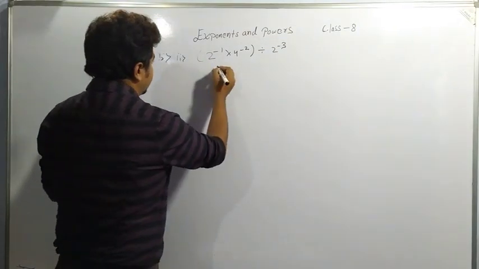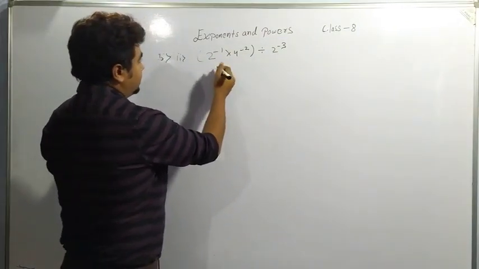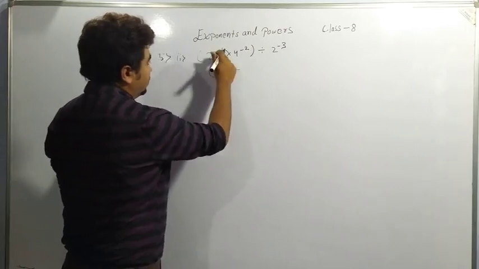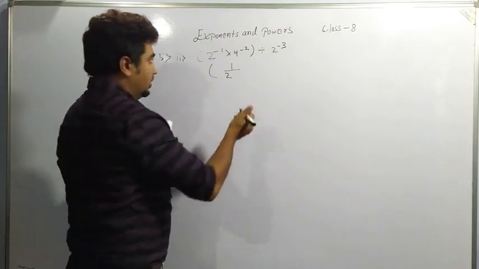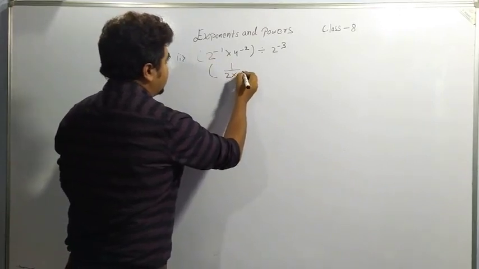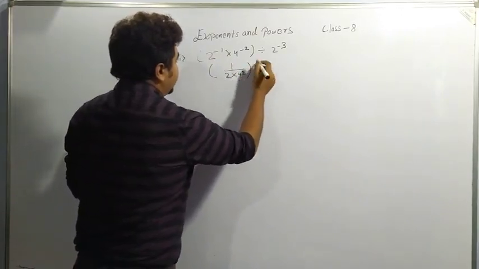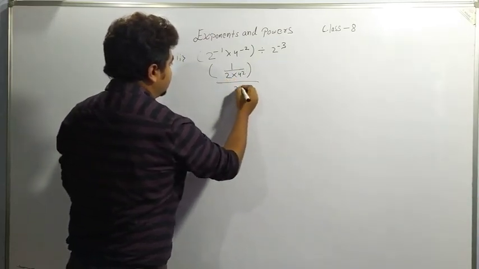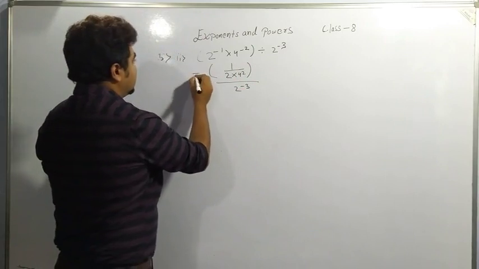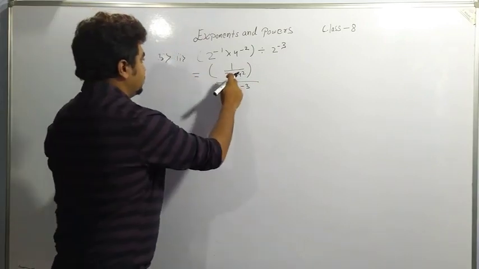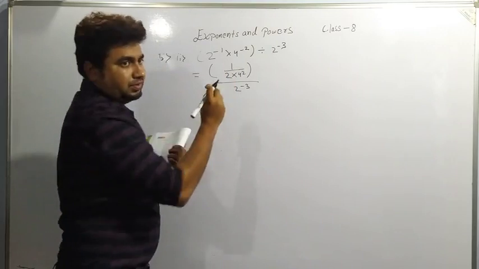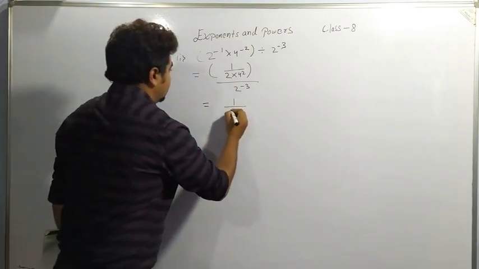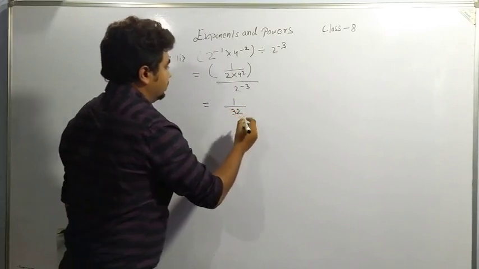We are able to see that minus power is given. We can take inside the bracket only, we can take it to the denominator. 2 to power minus 1 will become 2 to power 1, which is 2. And this is 4 square, divided by, means we have to take 2 to power minus 3 in denominator. And 4 square is 16, 4 into 4 is 16. So we can write it as 16 into 2 is 32.